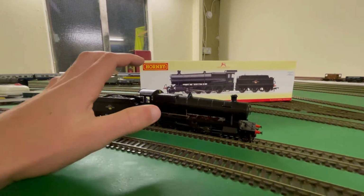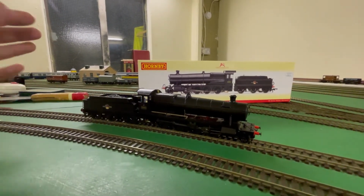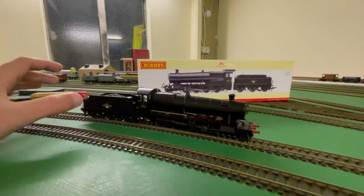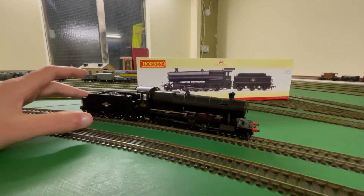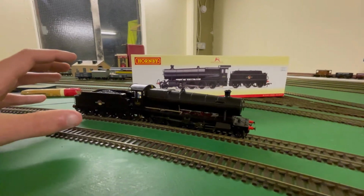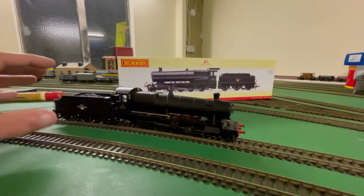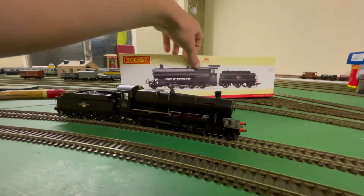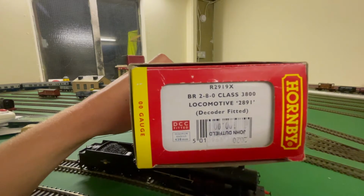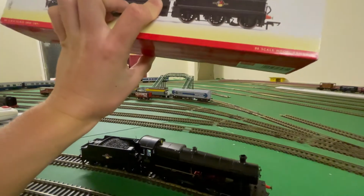I would like to heavily weather this, since firstly with the crest, this means it was late 1950s to early 60s, and yeah, so this being a freight engine would have been not cleaned much, and I think a heavy weathering look will look really good on this model. The code for this model is R2919X. This actually being a DCC fitted model from factory, which was really cool, purely because I don't have to